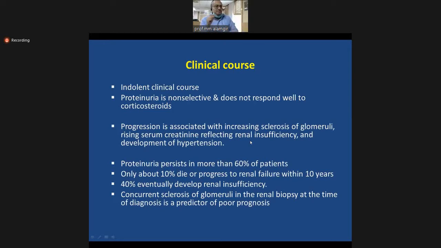So we discussed basically case 1. In case 1, there was a middle-aged man with edema and signs of ascites, although he did not develop hypertension at this stage, because it was the initial stage of nephrotic syndrome. And the patient had selective proteinuria, that is albuminuria. As the disease progresses, it may develop non-selective proteinuria. This patient may not respond to corticosteroid treatment.